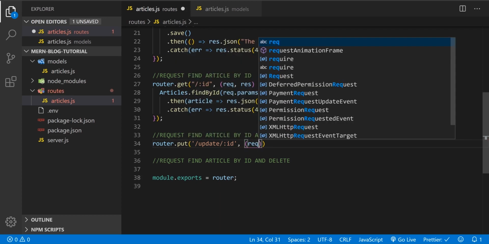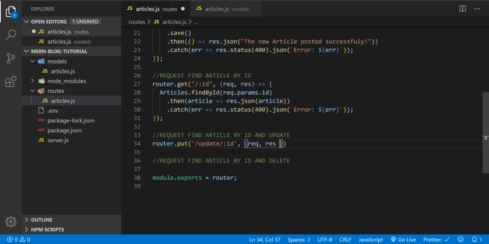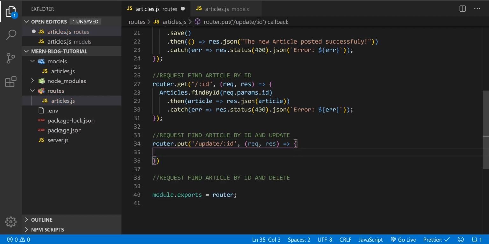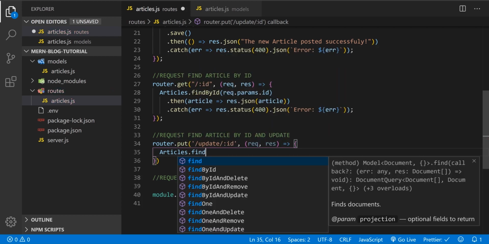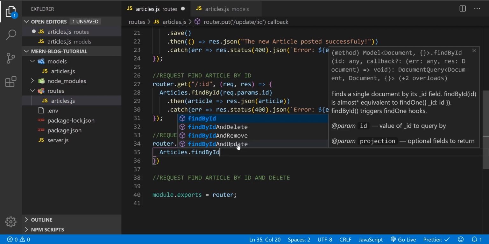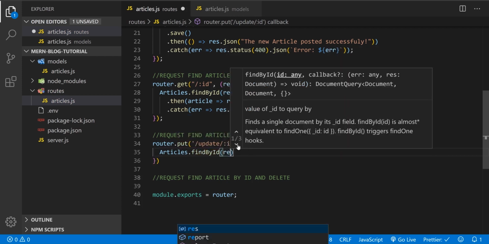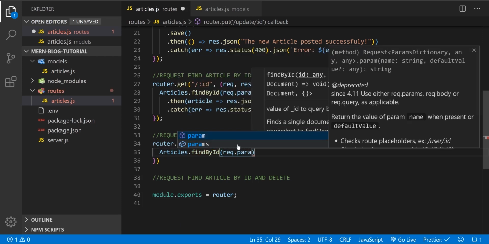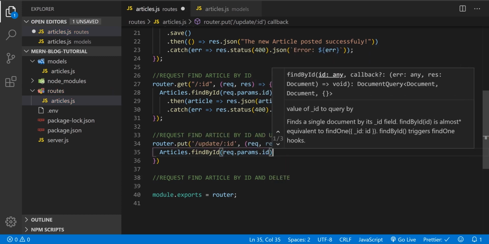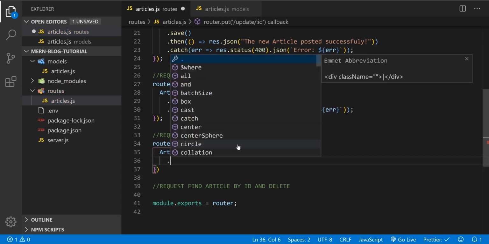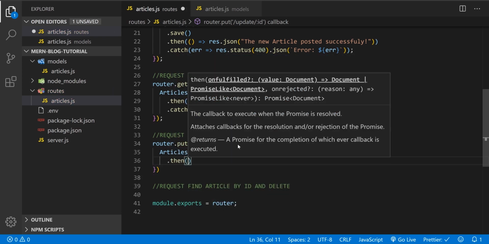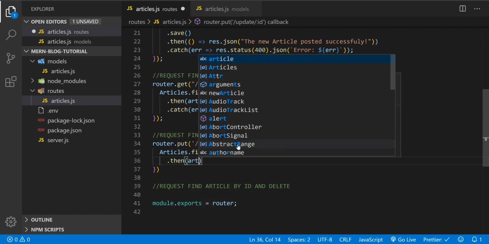Okay, request, response, so articles.findById and request.params.id, and then the promise. Then in here we're gonna use the arrow function. We're gonna put the parameter article,